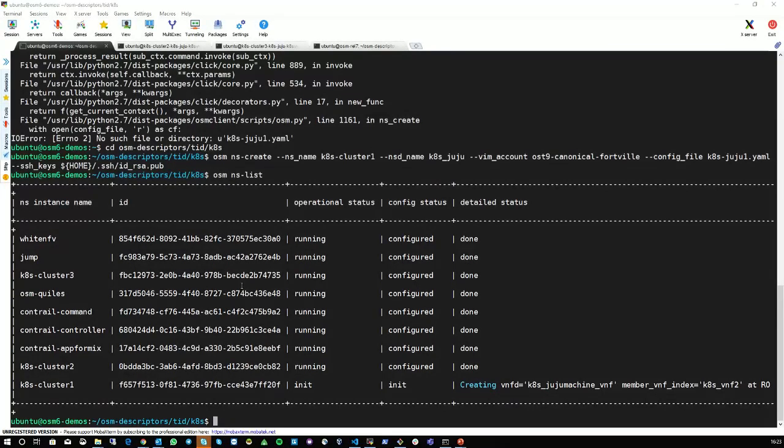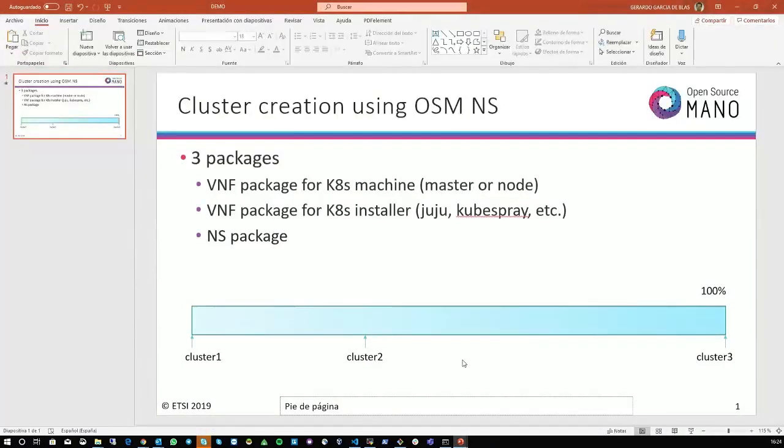So in order to make things quicker, so that we could make the session profitable, we have created 2 other clusters, cluster 2 and cluster 3, that are in different degrees of deployment. Cluster 1 has just been launched. Cluster 2, similar to cluster 1, is right now in this position here. So we will see that the cluster is being created, and cluster 3 is already created, and that's the one that we will use for the next demos. Okay. So if we go to cluster 2,